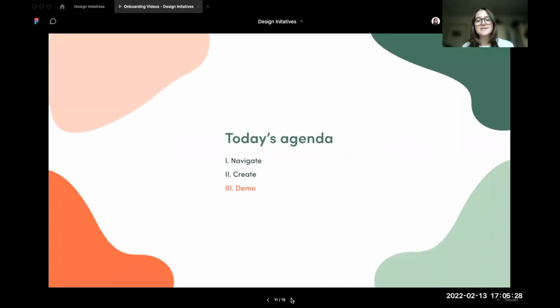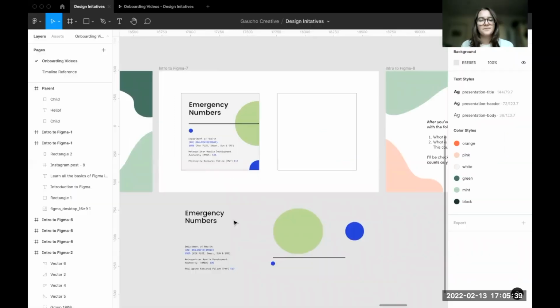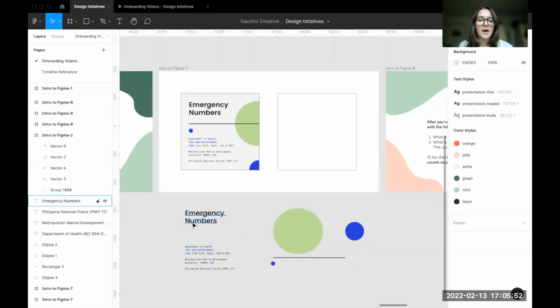So next we can hop into the actual demo of the post I was describing earlier. Okay, here we are. Here's the example post I've actually pulled from Canva. I'll show you how to replicate all the elements within Figma itself. Just to make it a little bit more streamlined, I've dropped all of the text components and the shapes on the file itself. I've shown you how you can add them within the file using the toolbar settings.